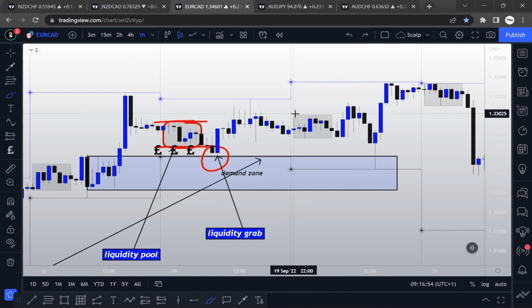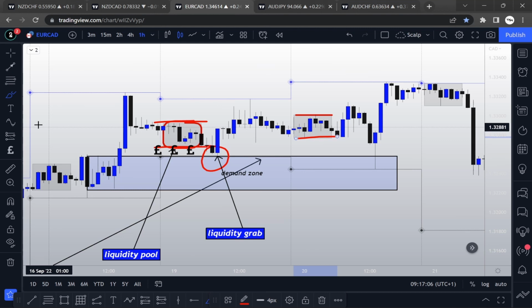During the Asia session, the price contracts, becomes smaller, low volume, the candles are tiny, it goes sideways. Below and above each Asia session,